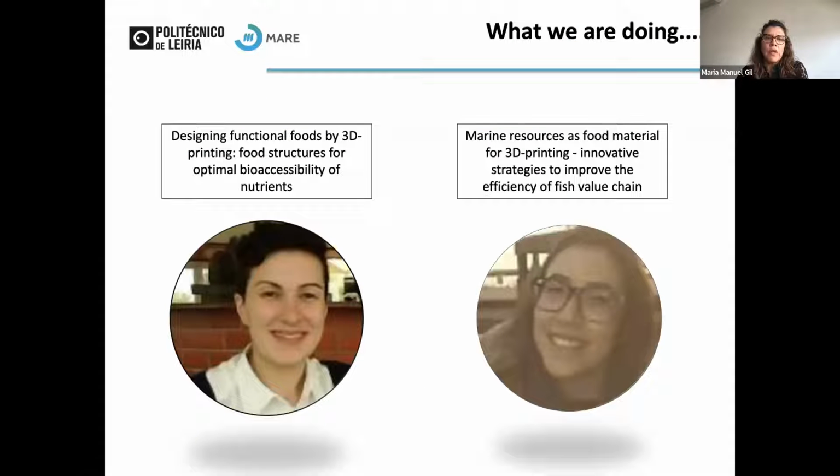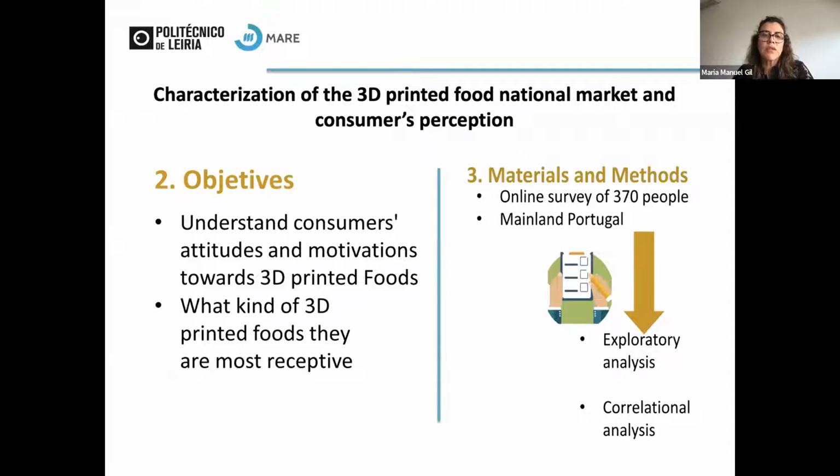We have here two PhD students that are working on this area. Tatiana, who is working on designing functional food by 3D printing, developing food structure for optimal bioaccessibility of nutrients, and Frederica, who is working using marine resources as food material for 3D printing. First, we start to characterize the national market and the consumer perception to see what type of foods